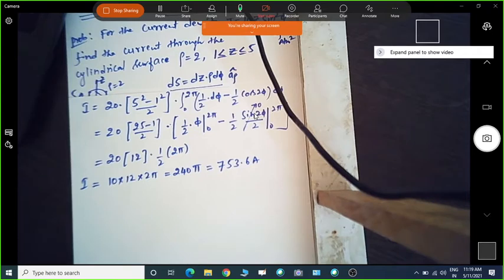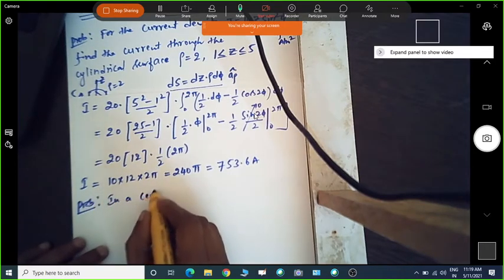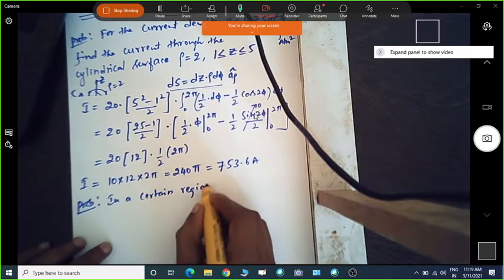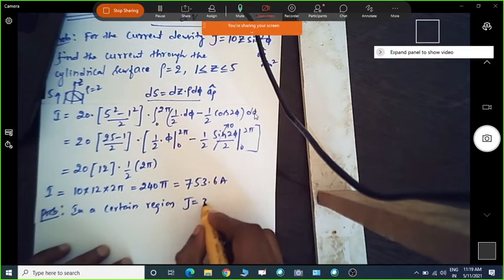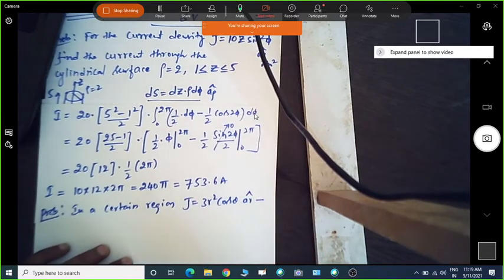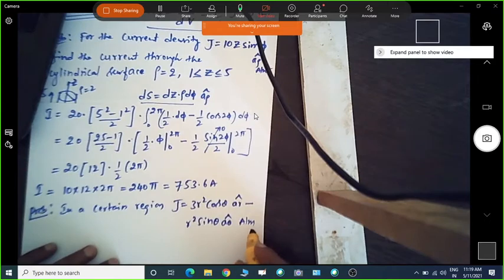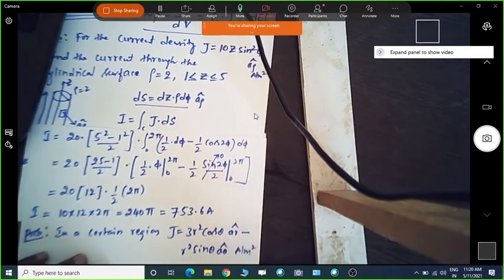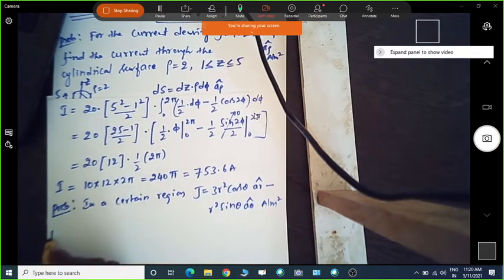So the problem is, in a certain region, J is given as 3r square cos theta in the a_r direction minus r square sin theta in the a_theta direction, in ampere per meter square. Now we have to find